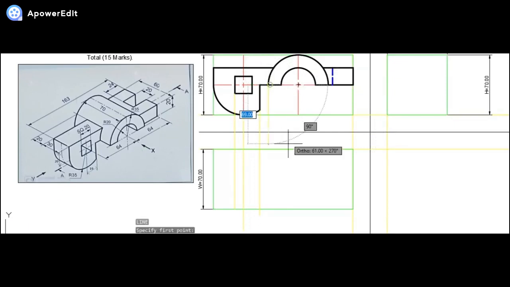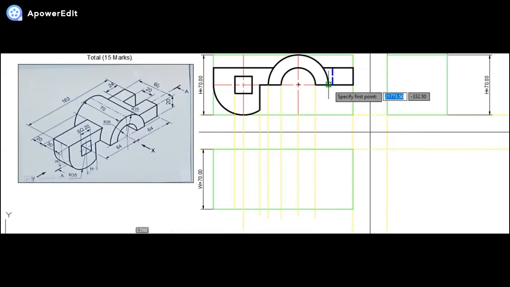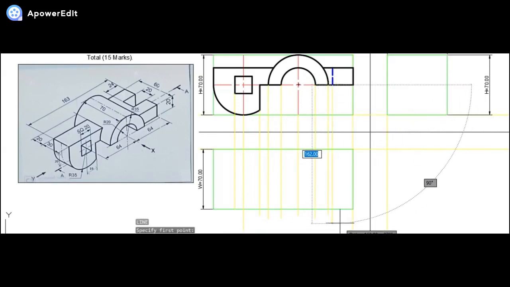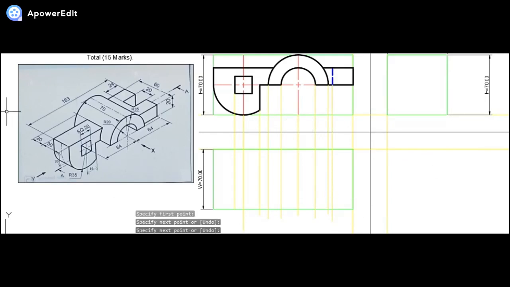It's over here, even this is over here, this is over here, third line is over here, this line is over here, and over here, like this. Okay, so once we are done, friends, we can see it very clearly. The top view is a symmetrical view about the horizontal center line. So let us draw that center line first.